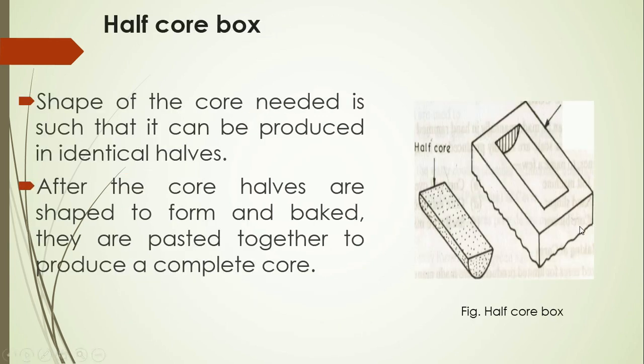You can see here this structure, this wooden box like structure is called a core box. This core box may be made up of wood or metal depending on the number of cores to be produced, and at the center of that core box, whatever rectangular cavity you are seeing, this is a core cavity in which we have to place the cores and on which we have to carry out the ramming. Means by using this type of core box, only half part of the core is made, and after making all these half parts we have to bake it.